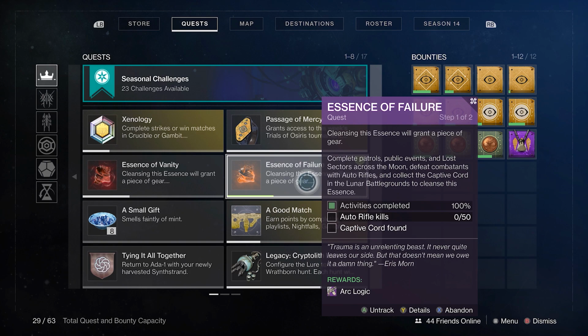However, what it actually fails to mention is you can actually open chests as well as collect resources, and that will also count towards your activities completed. Now, if you are curious as to how much a certain activity counts towards your activities completed, the numbers are as follows. A lost sector is going to give you 16%, a public event is going to give you 12%, a patrol is going to give you 8%, opening a chest will give you 4%, and opening a resource will give you